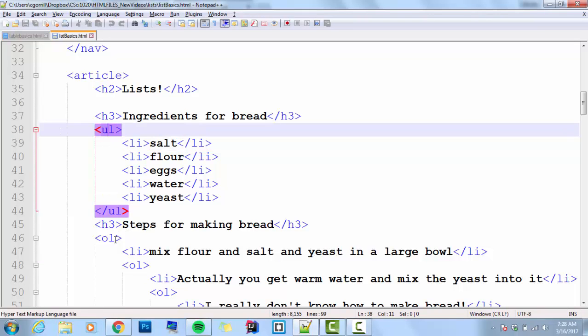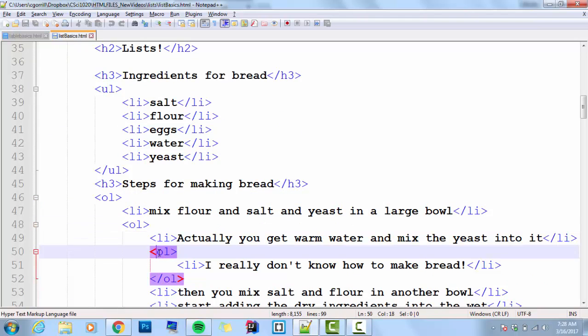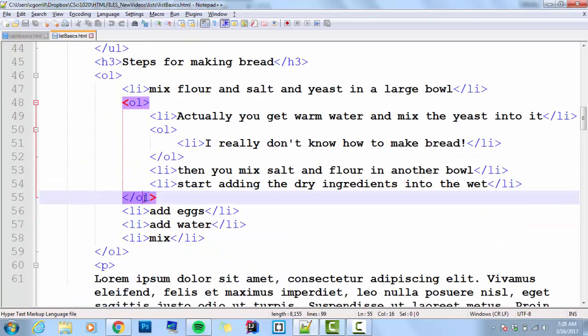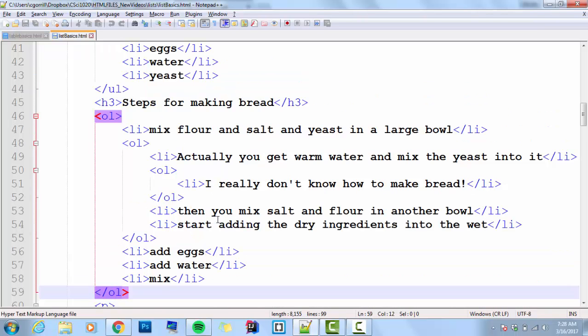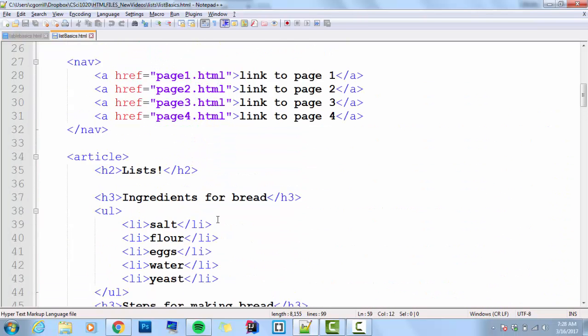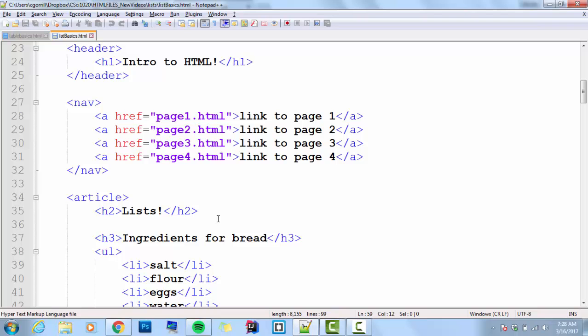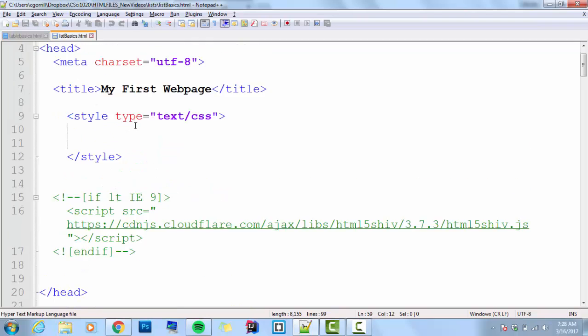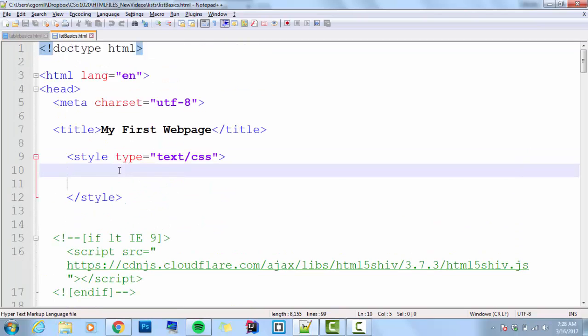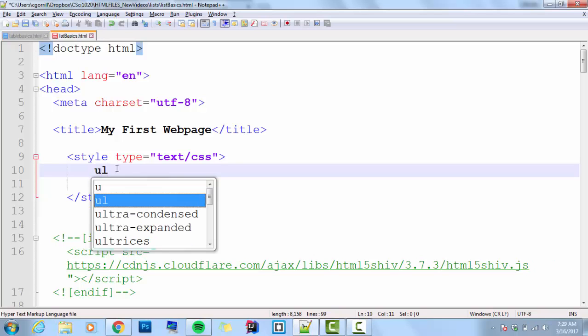Alright, so we're going to have to do this through style, CSS. I've got my unordered list, I've got my ordered list that was nested, you may recall. You should have this same file as well. You did this in a previous video. If you don't have this, you might have to go back and remake these lists really quickly so that you have these and you can work on them for this video. I'm going to go up to the style sheet. The main property that we're going to be working with is the one called list-style-type. Now, if I did something like this, UL